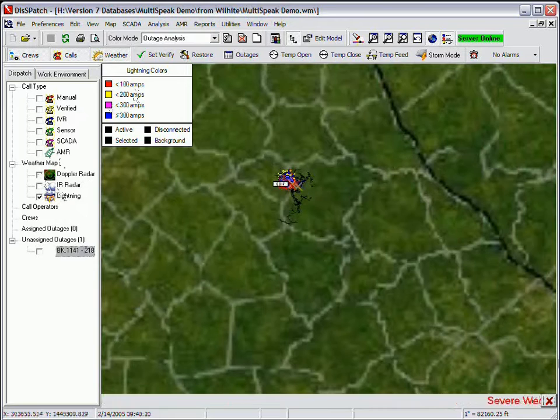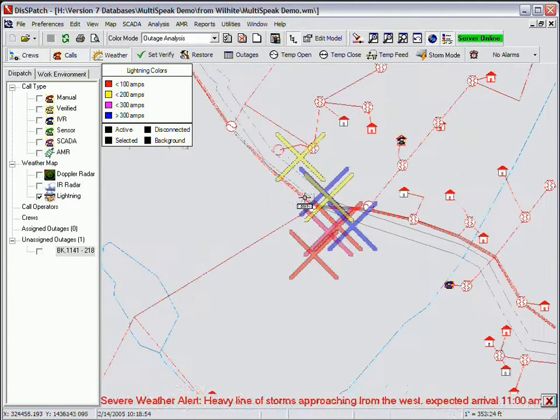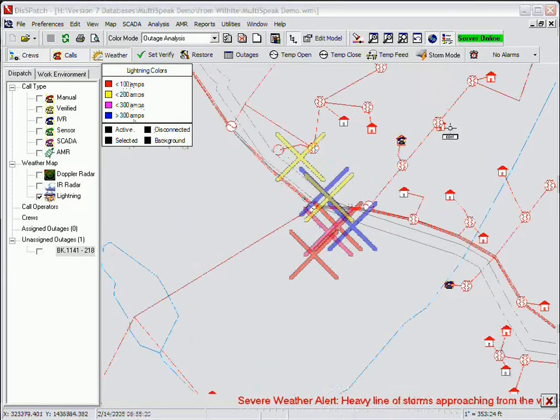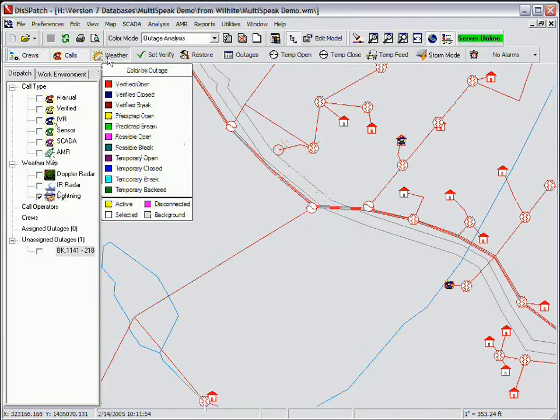The dispatcher turns off the weather layer entirely and notices the blue phone symbols representing IVR calls and red Hunt turtle icons indicating AMR outages right at the consumer locations on the dynamic graphical display. He can highlight the location of the lightning strikes on the system map, showing a likely location for an outage. The Dispatch Outage Management System uses Color by Outage mode to